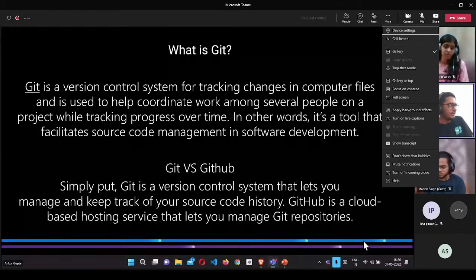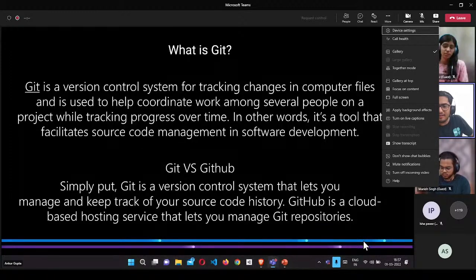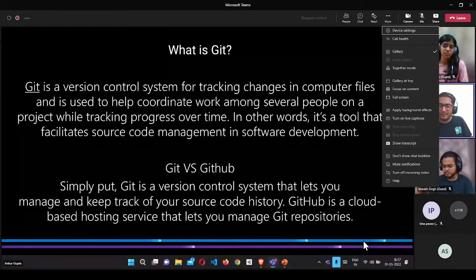Imagine this is just 30, but imagine a big tech company like Google or Microsoft. There will be lakhs of people, or if not lakhs, then thousands. You cannot create a zip file, share it with another person, he modifies it, he shares it again, right? So for all of this version control, you use Git.